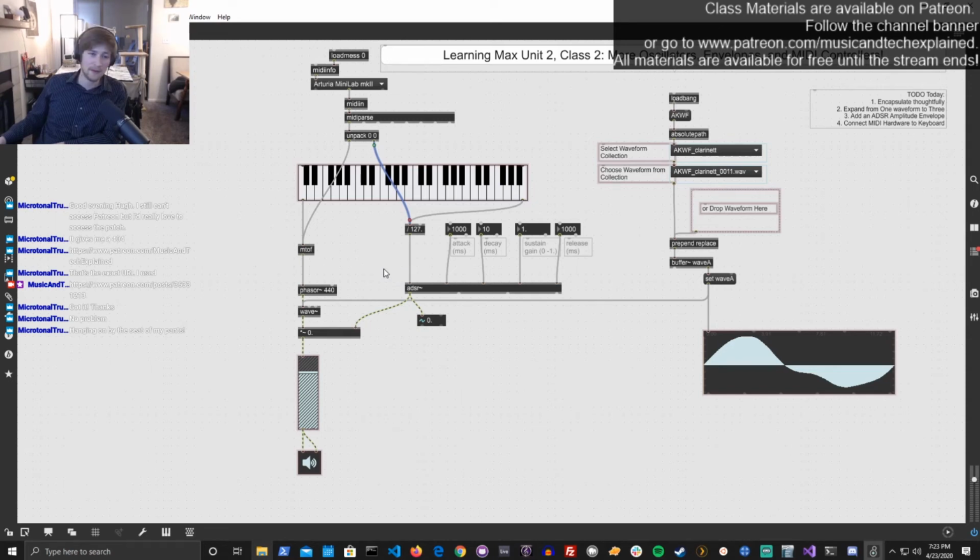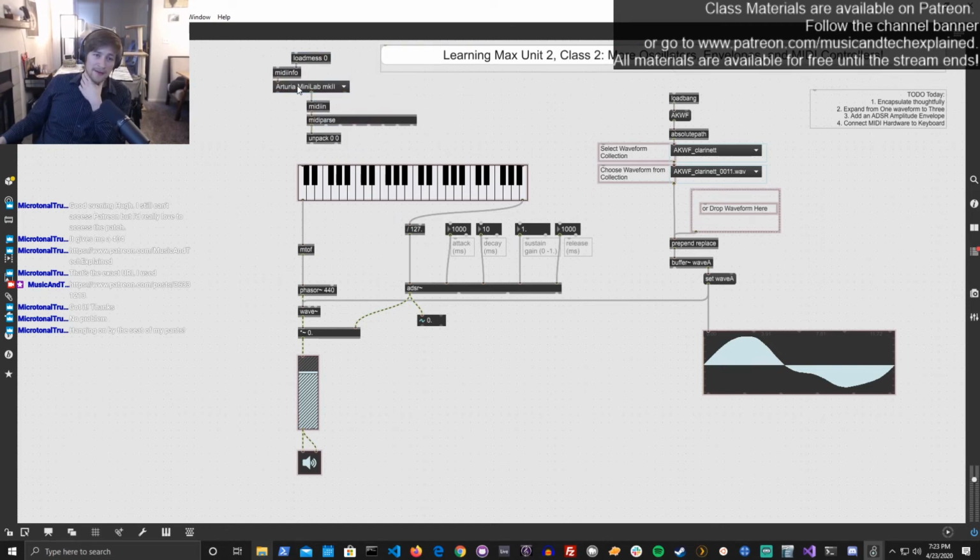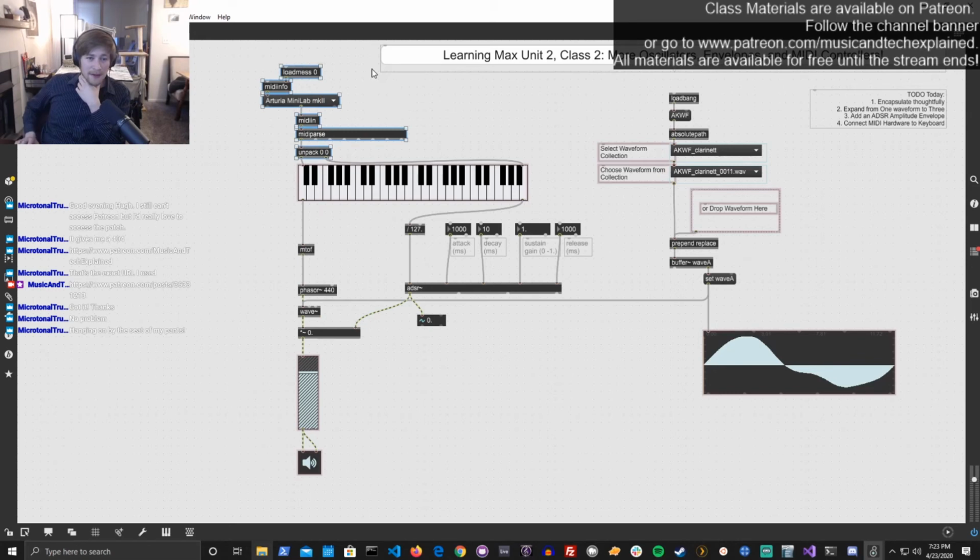But what I like to do is I like the display that the K slider gives me, and the K slider is actually built to expect MIDI pitch data in the left inlet and MIDI velocity data in the right. So it's already sort of designed for this workflow. Really having a hard time aligning that. There we go. So now if I press my physical keyboard,